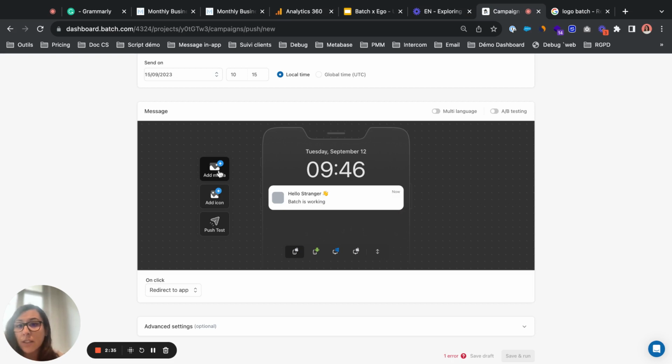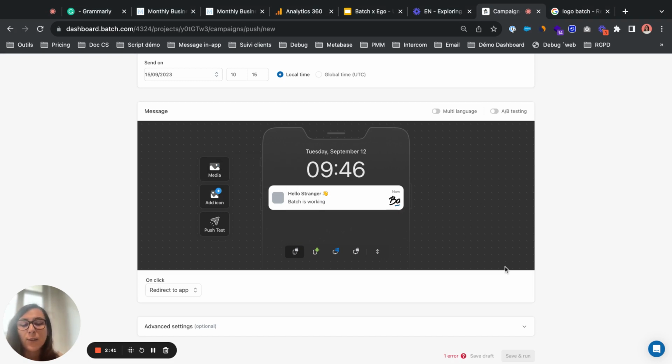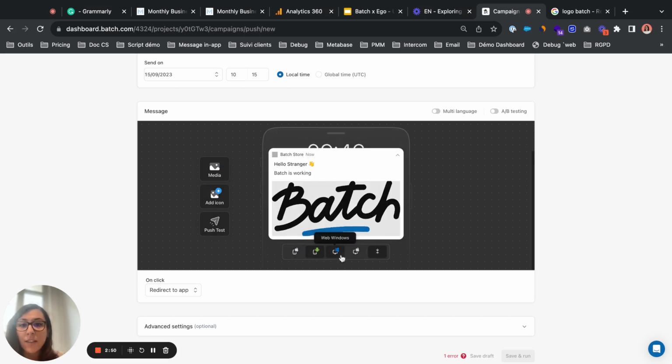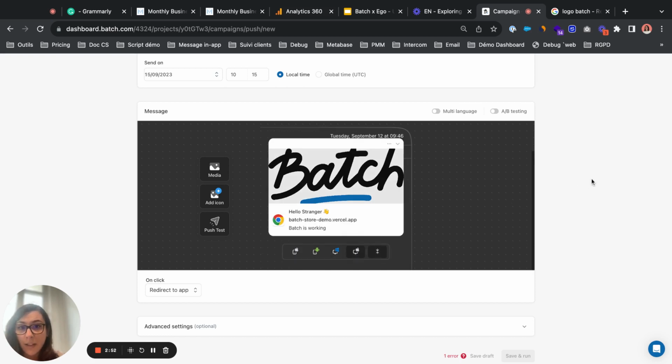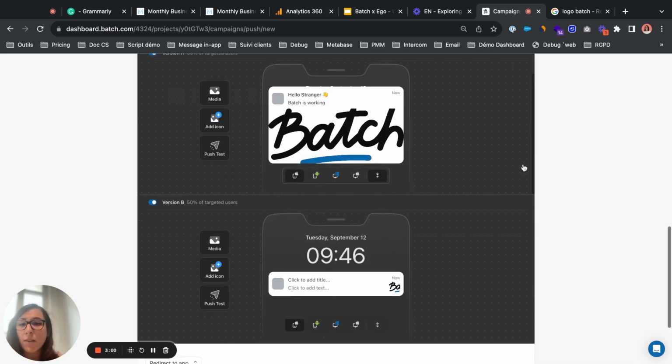I can, of course, add media. Here I'm going to add an image because it helps give a bit more context to the notification. I can see the expanded version either on iOS, on Android, on the web as well, so I can see how it's going to be displayed everywhere. One thing that is really interesting is you can add multiple versions,